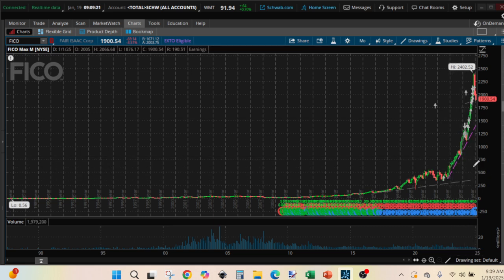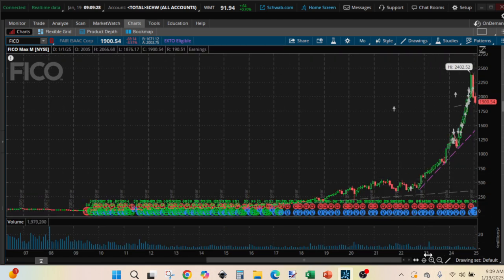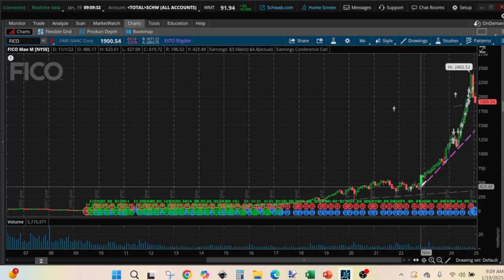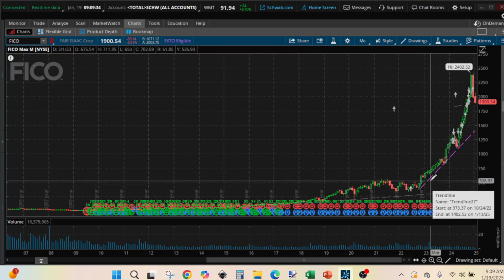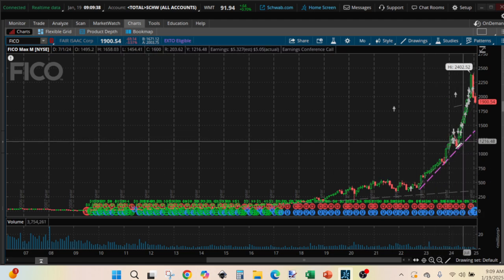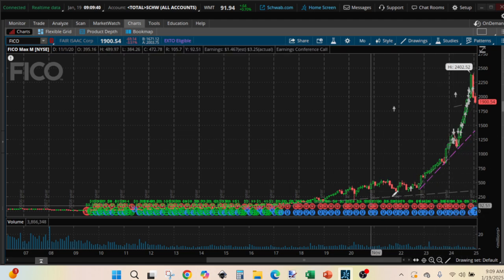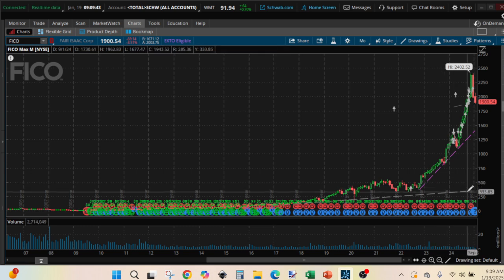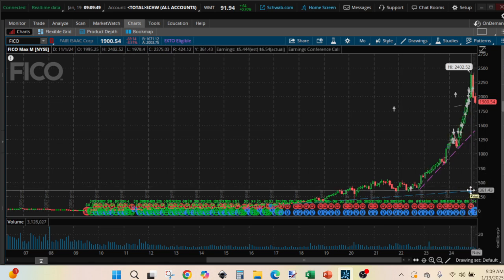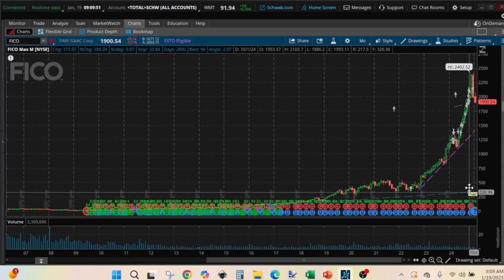Let's see, I don't know what year this one is, but we can zoom in to see. Okay, 2023. I don't think that is enough for us to assume it's going to continue this route though, but I just feel like this is too low of a point for it to come back down to it. But who knows, we can keep